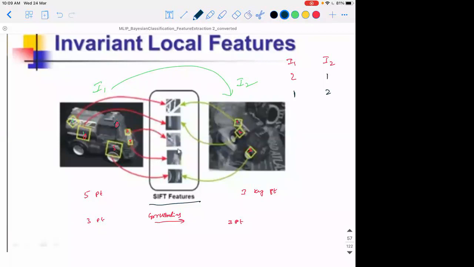Now tell me, how should I proceed in doing this? There are 5 points overall here, and there are 3 points overall here. I want to establish whether there are any corresponding points. If there are corresponding points, I want to find them. Tell me, how should we go about it? Quickly, I need an answer.